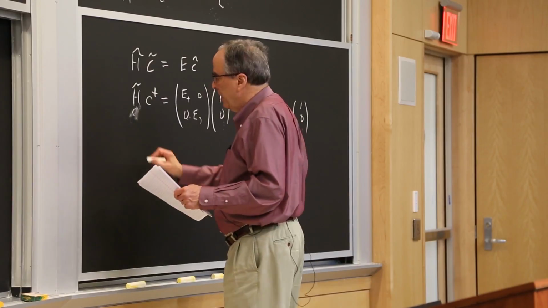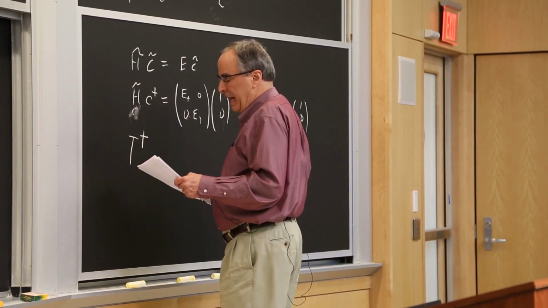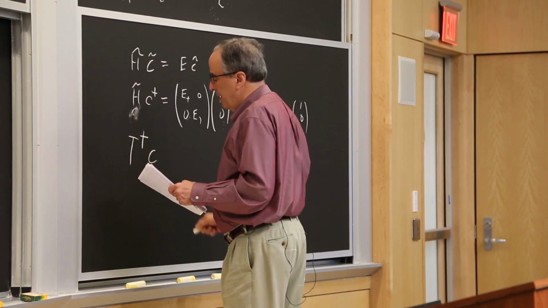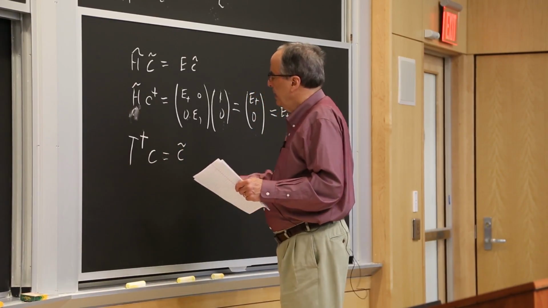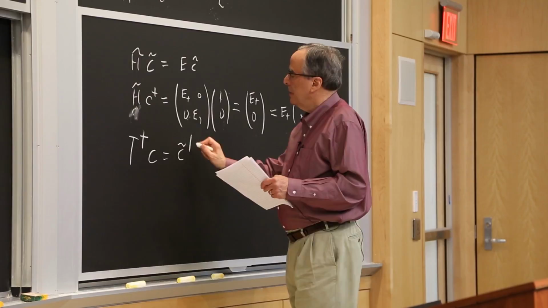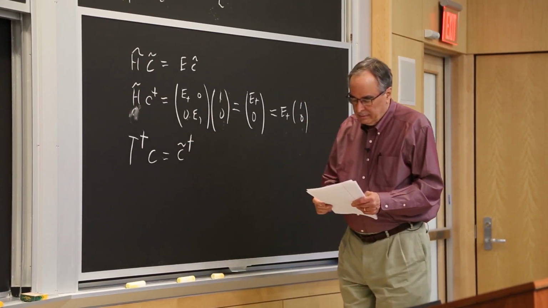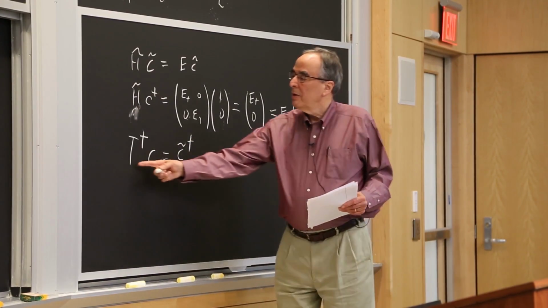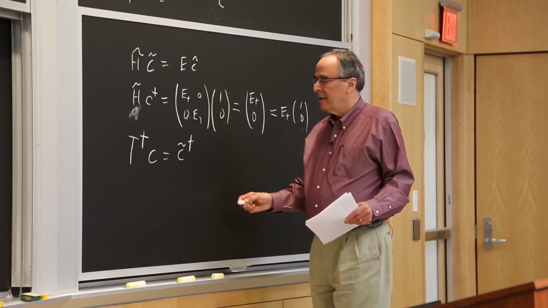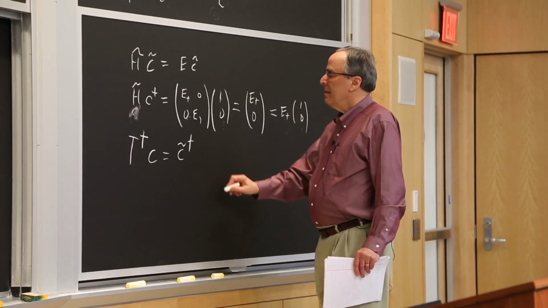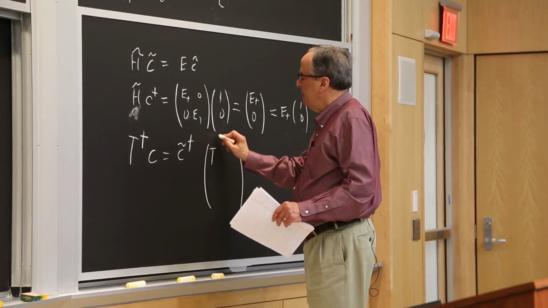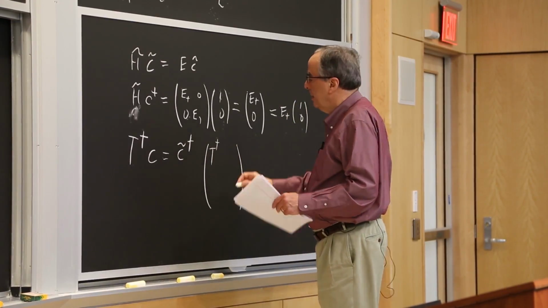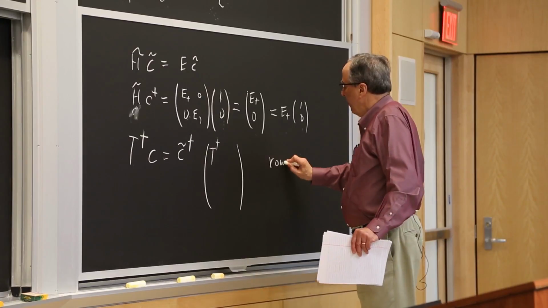Okay, so C dagger, T dagger times C is supposedly equal to C plus. Okay, and so we can write this formula in a schematic way. And so we have T dagger, and remember,